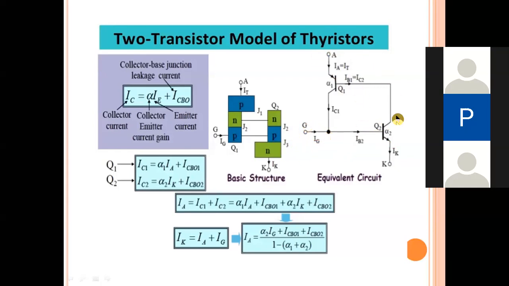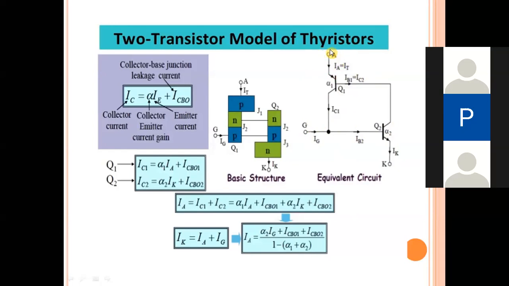Okay, so for this particular circuit, what we are going to consider first is the total current that is going to be entering into the circuit. That is what we need to find out.